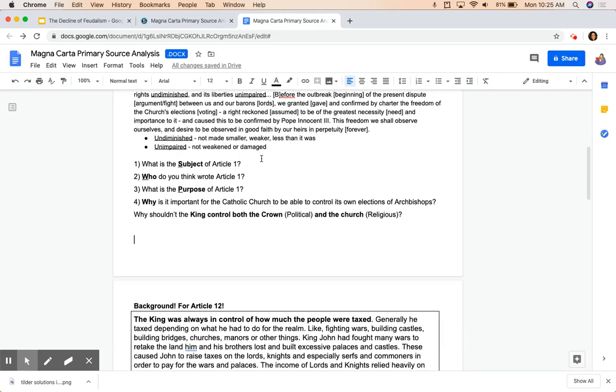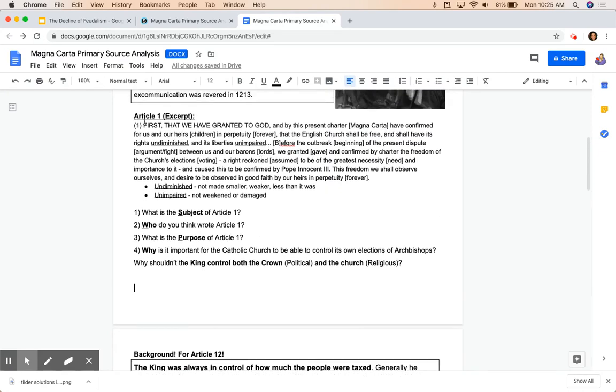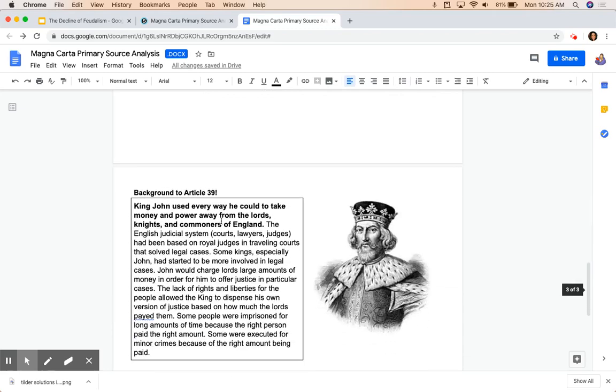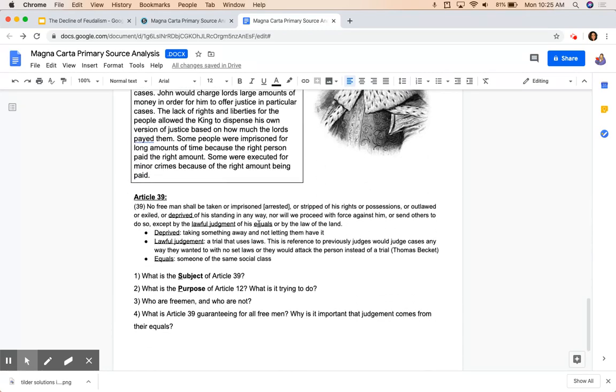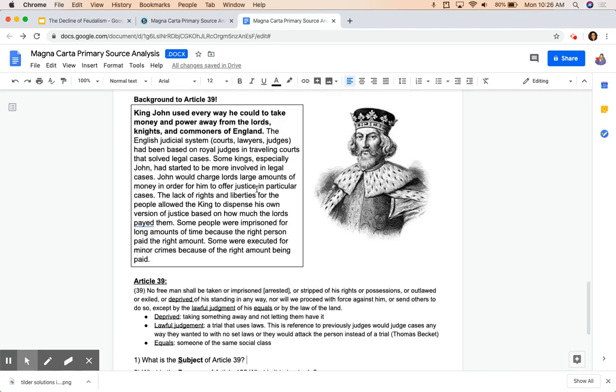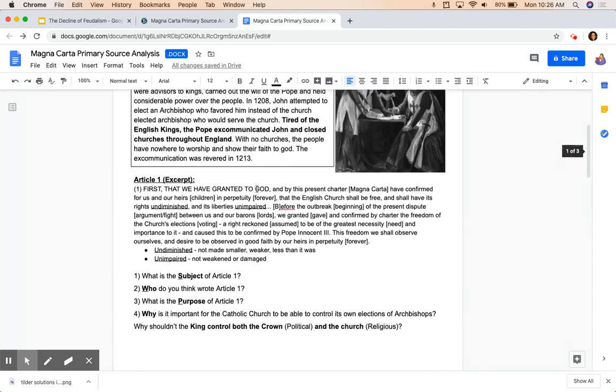And then after you have looked at the different sections, you guys have a couple of questions to go along with each one. Okay, so there are only 3 different articles or 3 different sections of the Magna Carta that we will be looking at. You guys have 4 questions after each one of those. Okay, so it's important that you guys type your responses into the Google Doc. And then again, please make sure that you submit this document when you are completely finished, okay?